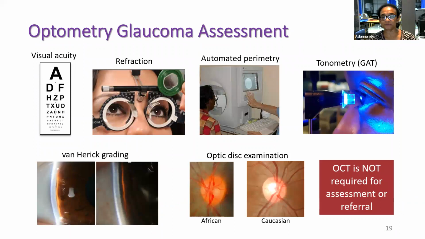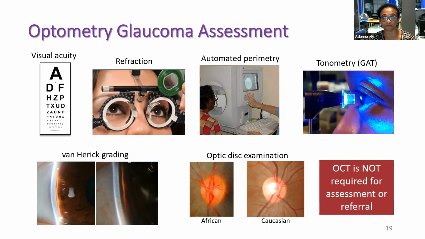Right, so what are you going to be doing when you're assessing a patient? You're going to be assessing their visual acuity, because you've got to assess structural and functional changes. You may not be refracting them if it's not a standard GOS, but knowing about the refractive status of the